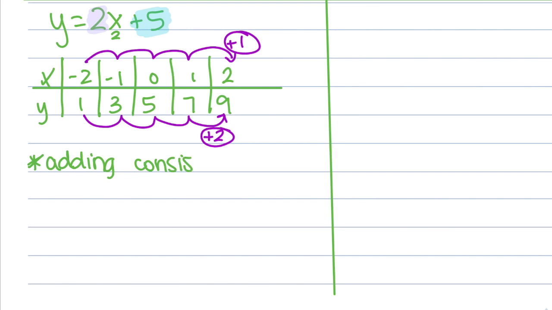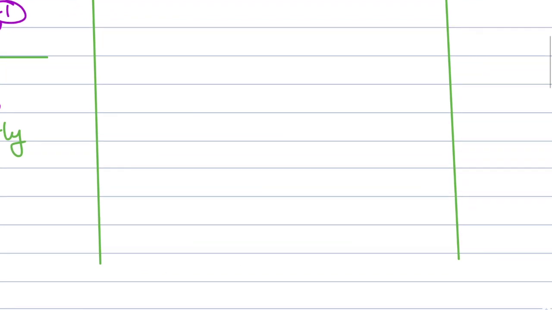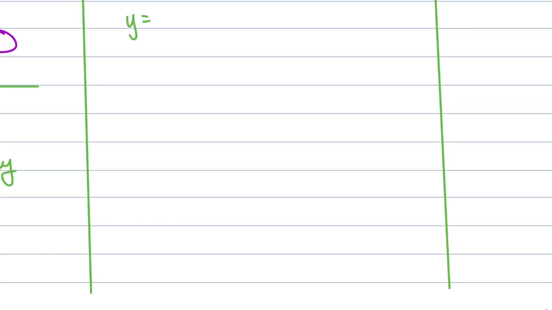Okay, so we are adding consistently from one to the next. If we look at an example over here of y equals 4 times 3 raised to the x, and I use those same values, -2, -1, 0, 1, and 2,